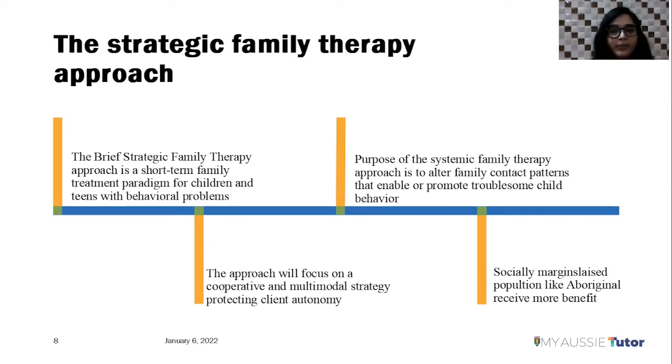child behavior. It will also focus on a cooperative and multimodal strategy, protecting child autonomy. Because child autonomy is essential, it does not mean that the child is incompetent to make health decisions, but at the same time, the therapist must ensure that the autonomy of the child is being managed or protected by providing them enough resources to make better health decisions and also including their family members for supporting the child's overall